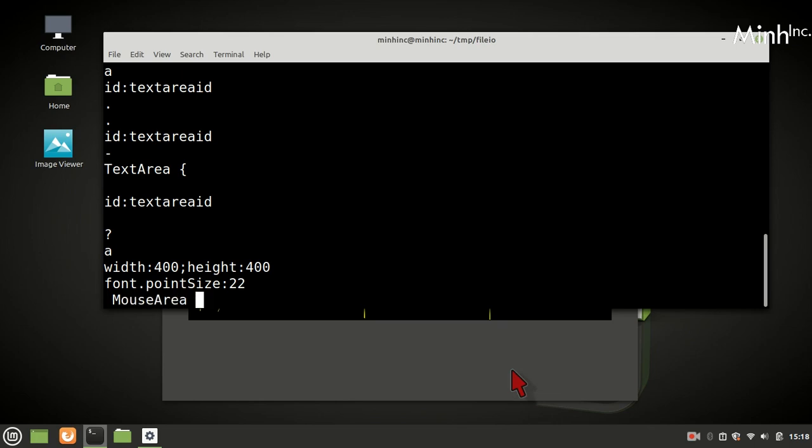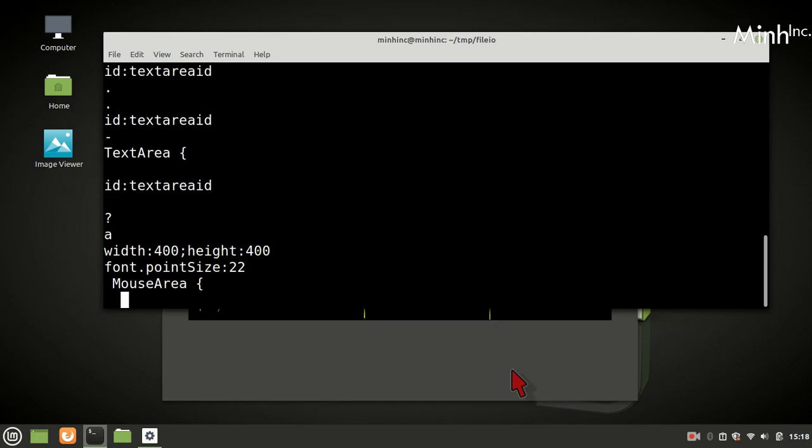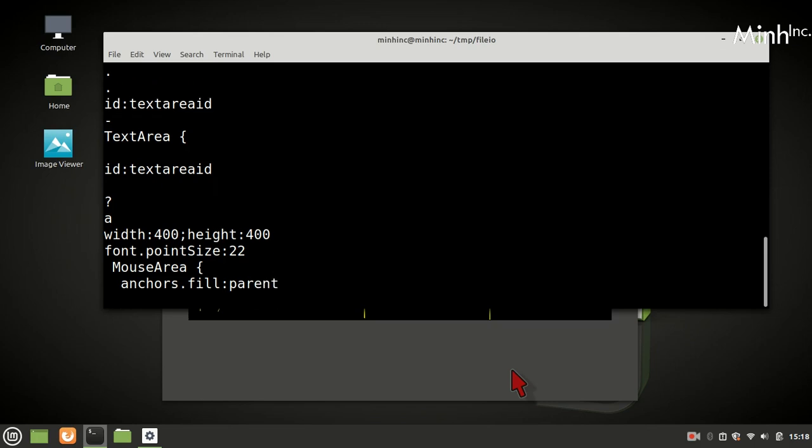Mouse area, because we'll have a dialog box now, so there will be a right click. Anchors fill parent, and then accepted buttons. We are interested only in the right button, Qt right button.